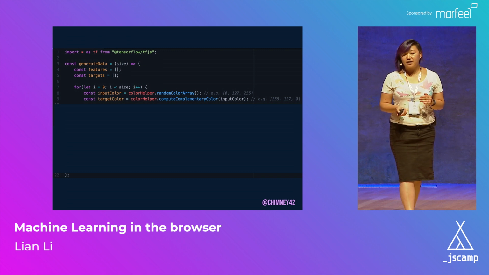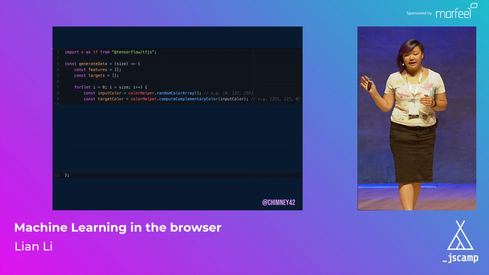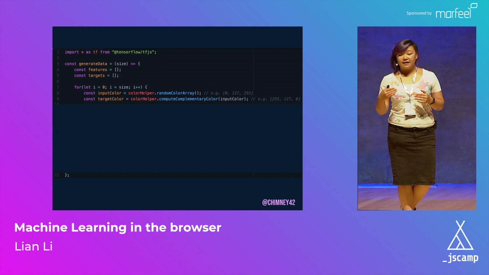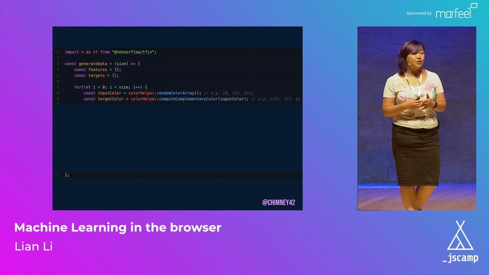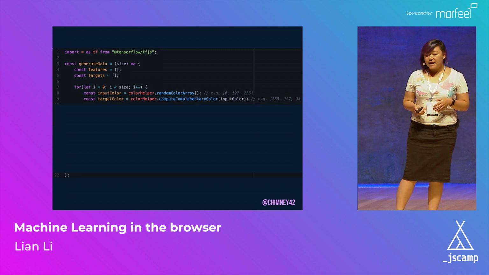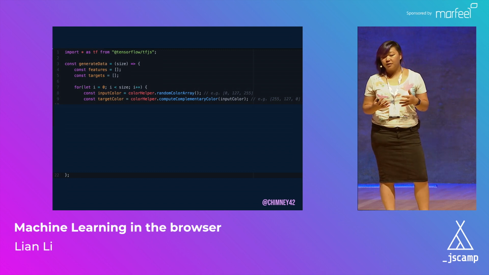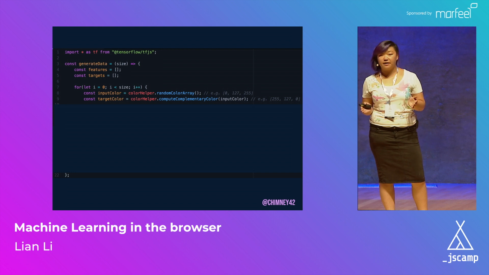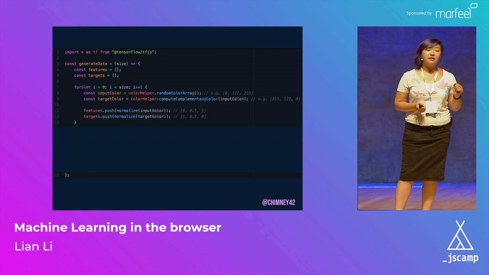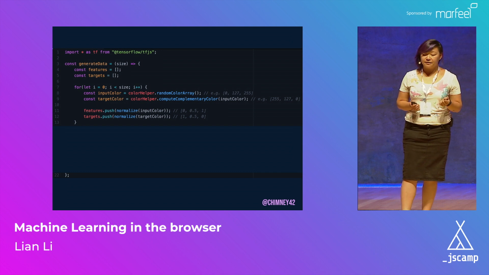And so there are some helper functions that I hid for now. Basically, what you need to know is that what we receive back is an array with 3 elements. The elements are values ranging from 0 to 255, so those are our RGB channels. And then we compute the complementary color, which is also an array with 3 elements. And now when we have them, we push them to our feature and target arrays, but